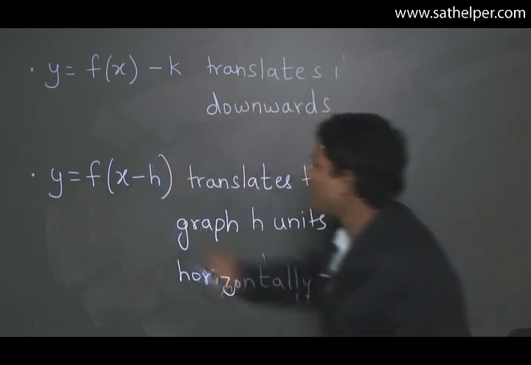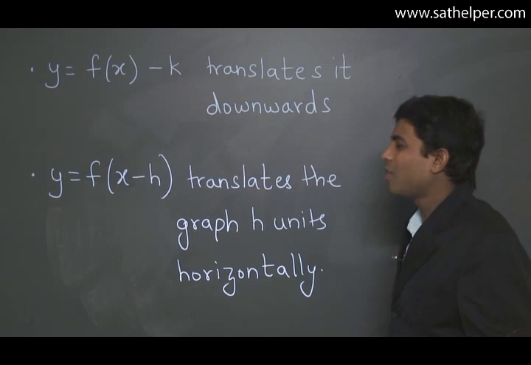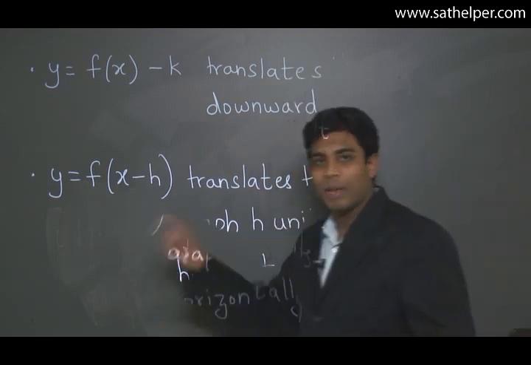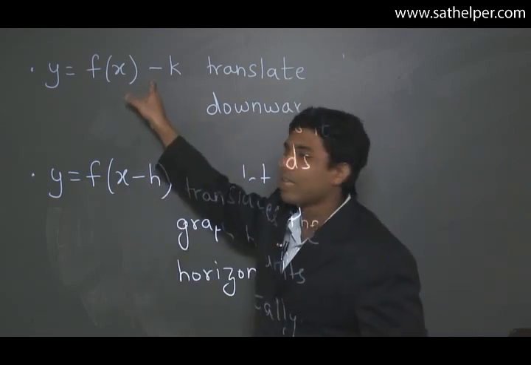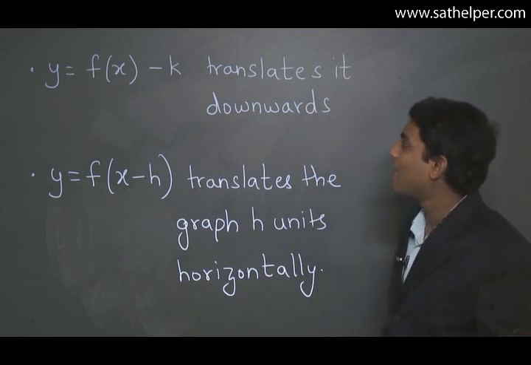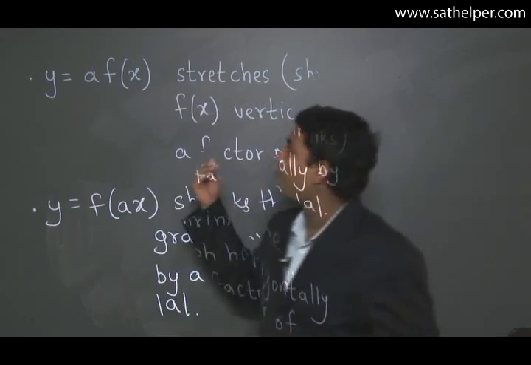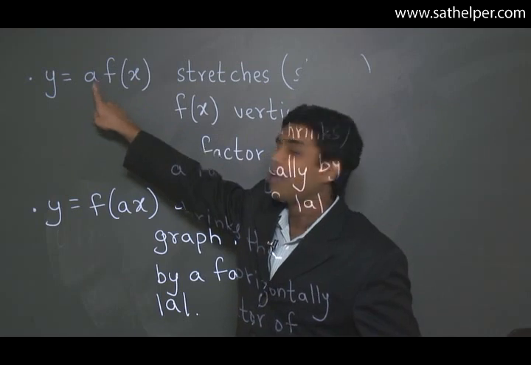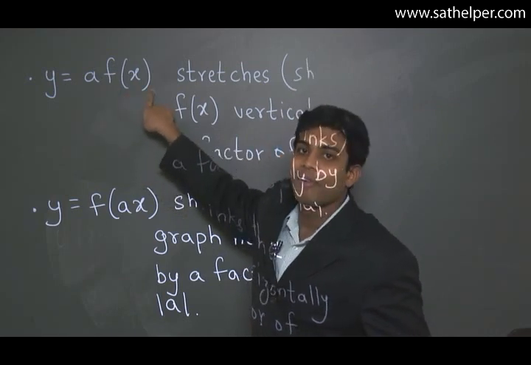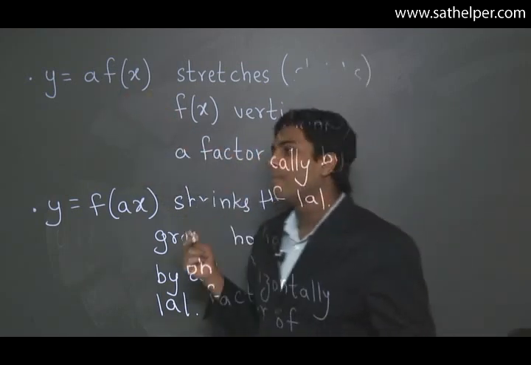So now these are very simple linear transformations. You are just adding elements or subtracting elements from the argument or to the function value. Now what would happen if you multiply something? What would happen if you multiply some number with the value of the function f of x? You would expect it